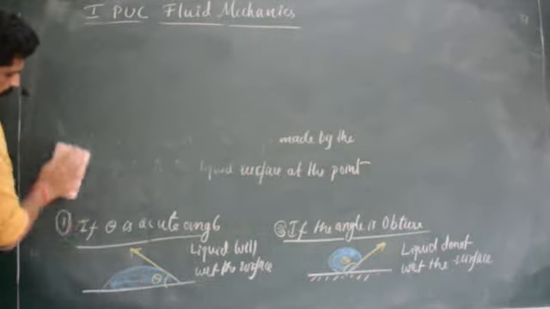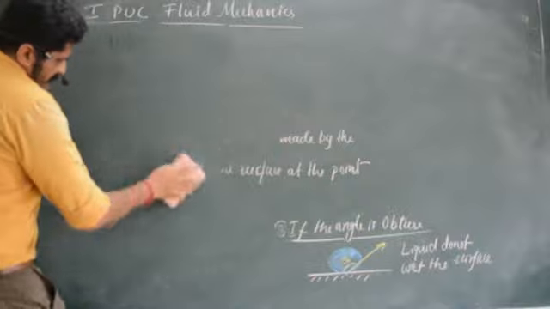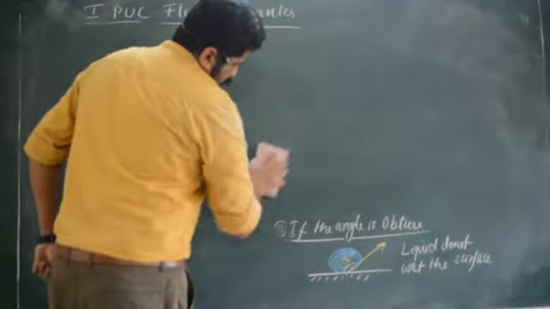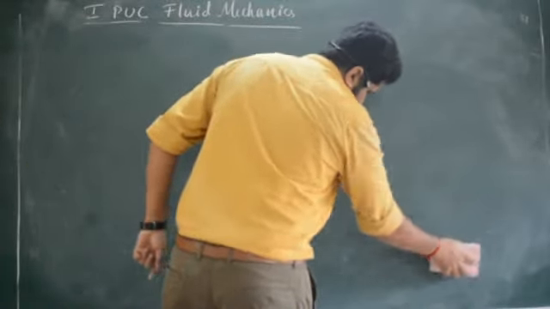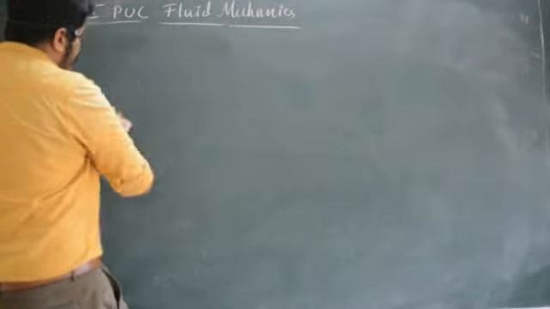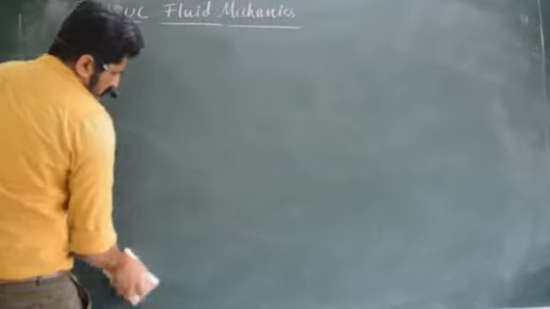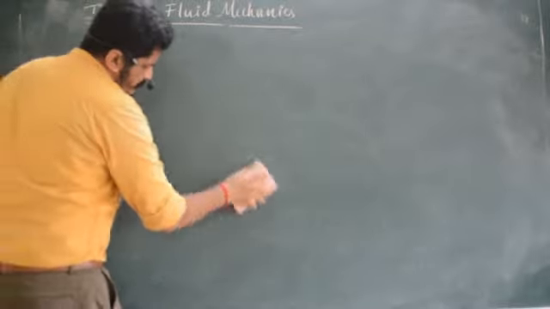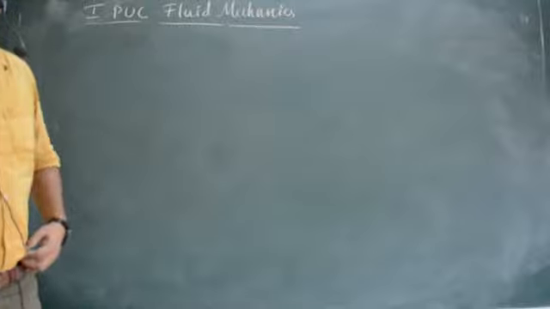So now let us go for the last topic of this particular chapter, and a very important topic. Okay, last topic. It is something called surface tension. Let us see what surface tension is. Like the coefficient of viscosity we discussed, correct? Like that, this is also one of the properties, a characteristic of liquids. That is called surface tension.